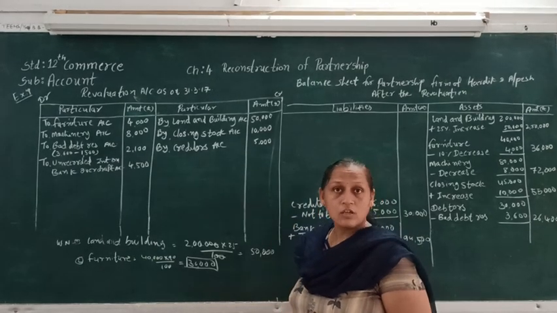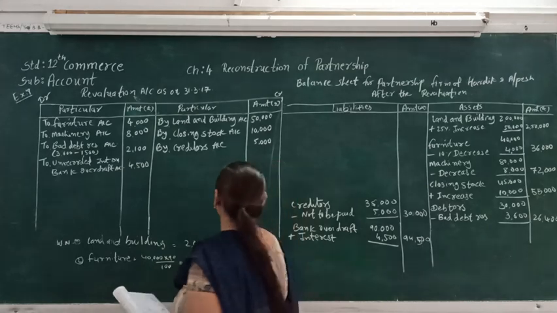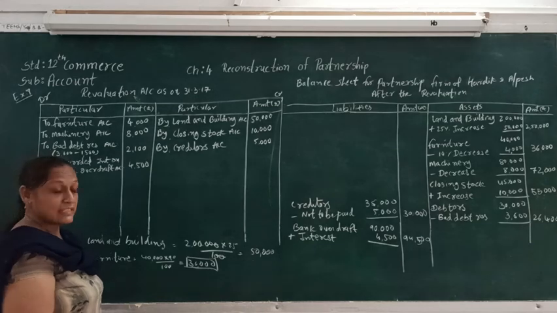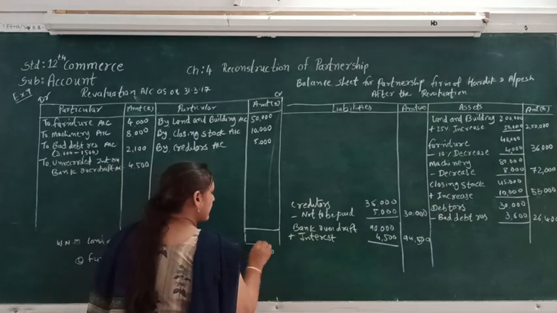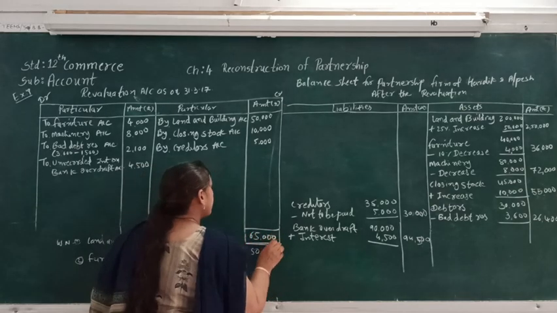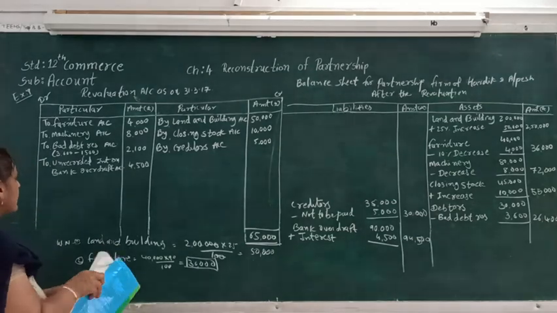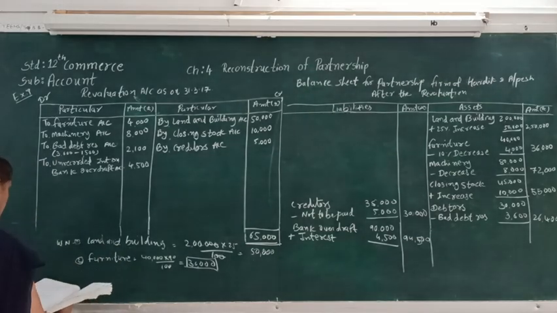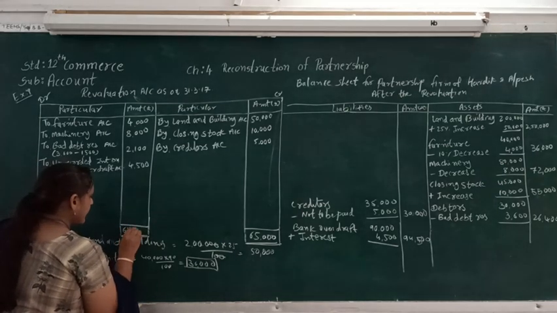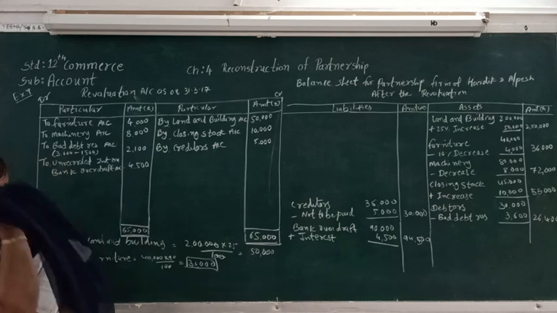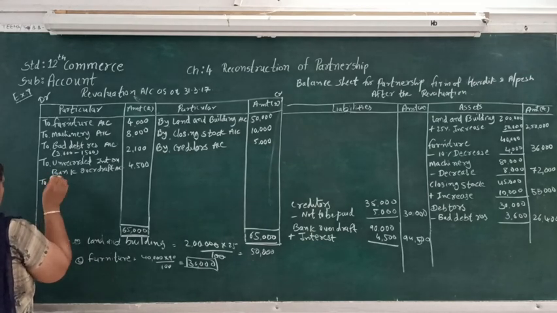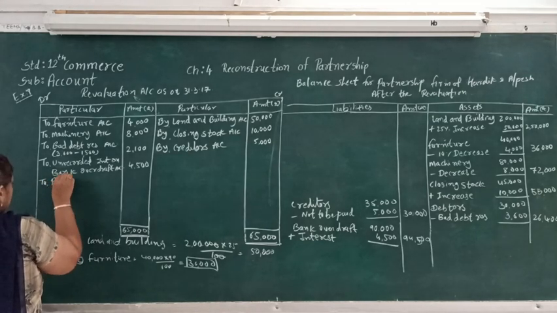The profit or loss of the revaluation account. So for that we can see that here there is a profit we can see from the revaluation account only. So here the total of this side will be 65,000 and the total of this side will be 65,000 and there is a profit, and then profit of 46,400. So here, partners capital, partners current account.